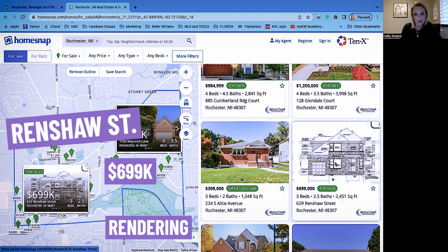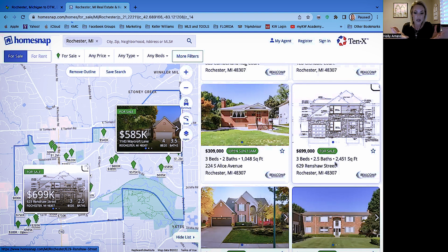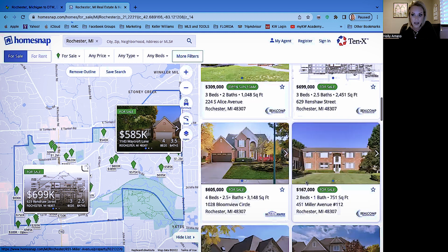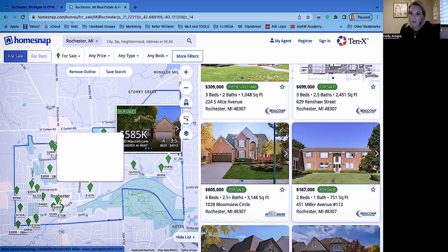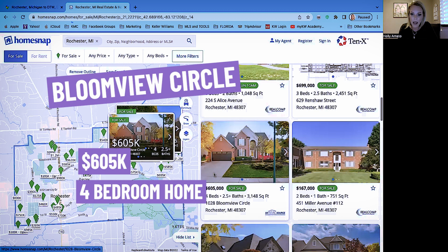So they're getting ready to build it, and it's an opportunity for somebody who wants to do a spec home, or you can probably get in there and make some changes as long as you can stick with the plans that they have ready for the home. There's that 167. Yep, that's definitely a condo. 4-bedroom home on